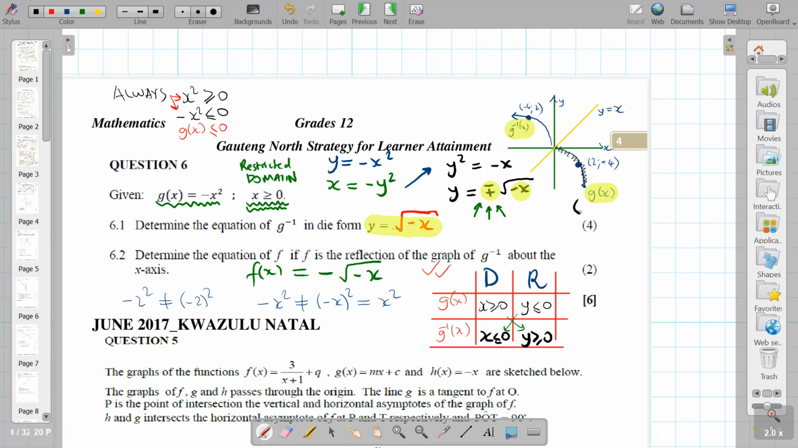As you see, all the points of g are plus and minus, in the fourth quadrant. And all the points of its inverse are minus and plus, in the second quadrant. That's the idea. Okay, now